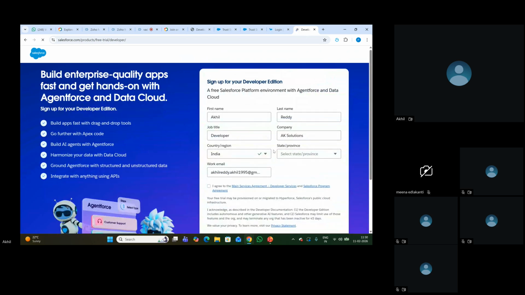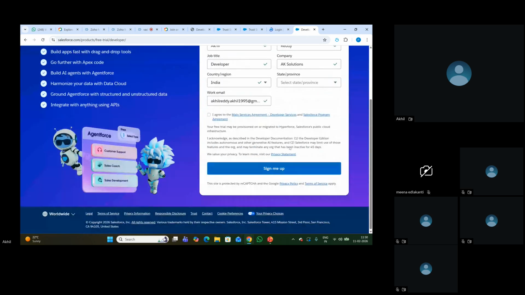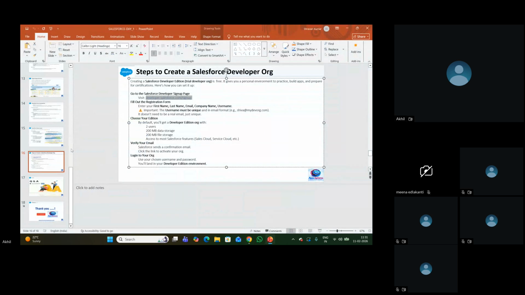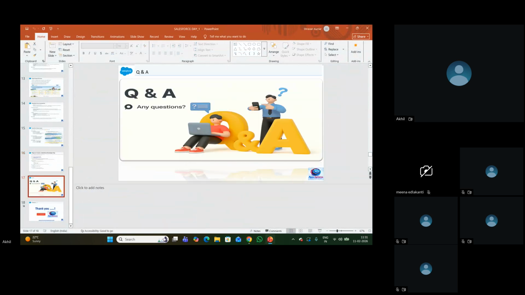You can fill in the details and create the developer org. From tomorrow, we'll explore the org in real time. It's totally real time. So any questions before we wrap up? Just 5 minutes, we'll have a Q&A session, and we'll wrap up.